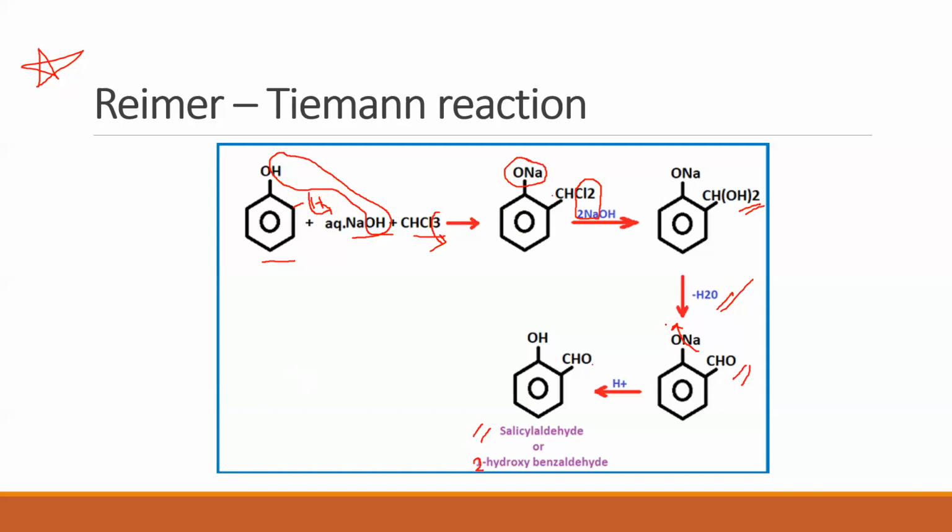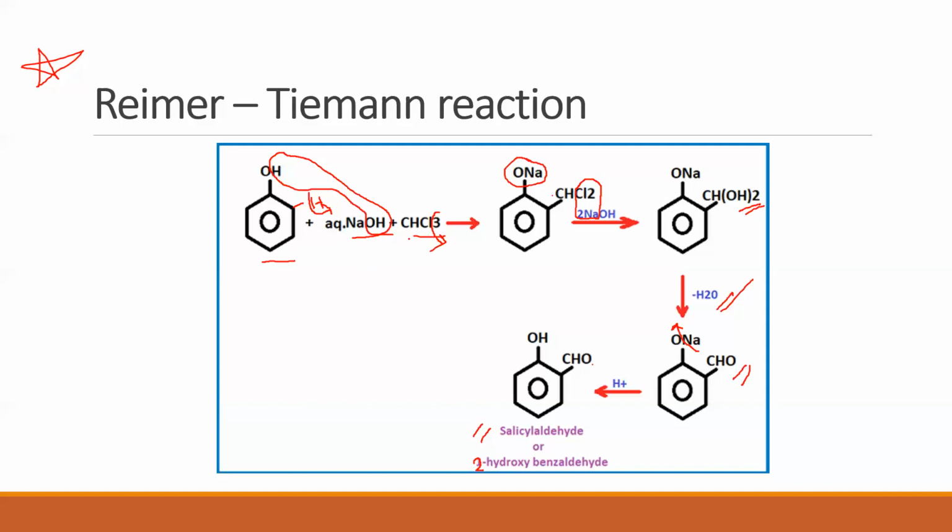Now let's see if you have actually understood this. I'll give you a homework. Now listen to the homework carefully. The homework is, I want you to write Reimer-Tiemann reaction starting from phenol, NaOH, and carbon tetrachloride. Yes, you heard me right. Instead of chloroform, I want you to start with carbon tetrachloride.